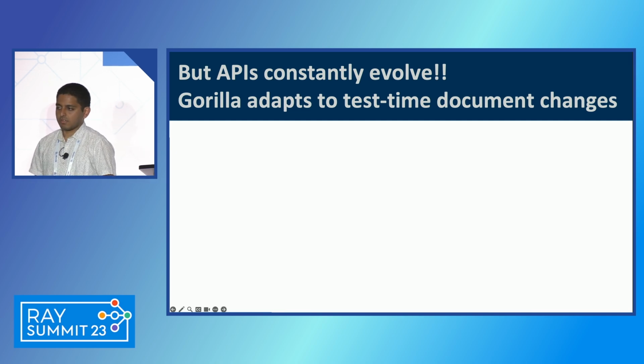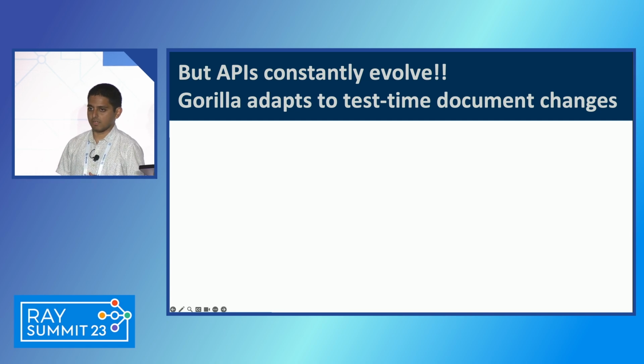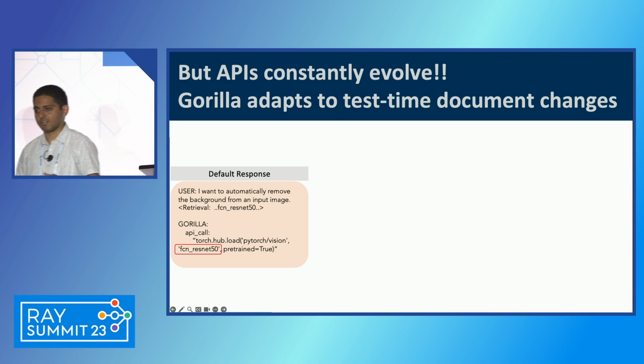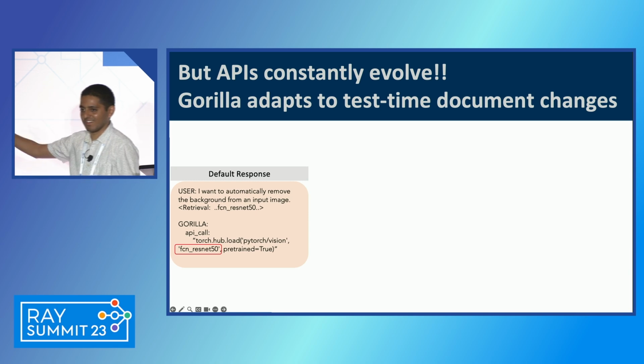So to answer this question, what I'm going to show to you is that Gorilla is actually quite robust to changes in APIs, right? So here's an API that was used in the training. So over here, the user wants to do something, and the API that I have is .vision, FCN, ResNet50, pre-trained equals true. Also, let me just straight up apologize for the use of so many machine learning APIs. We were trying to write a paper, and this spoke to the audience. But you could replace this with Stripe, Salesforce, ServiceNow, Datadog, or any APIs that you prefer.